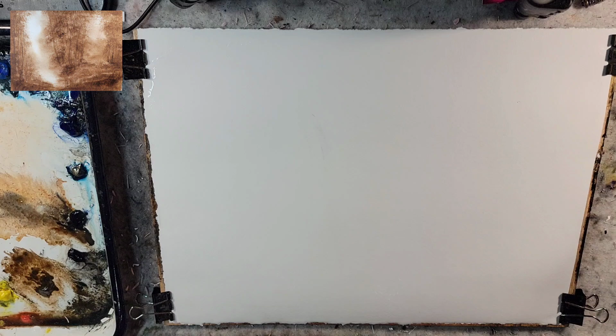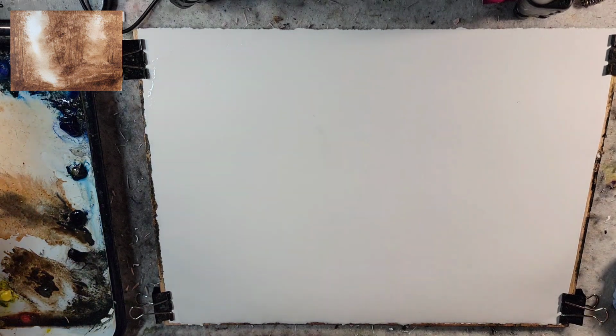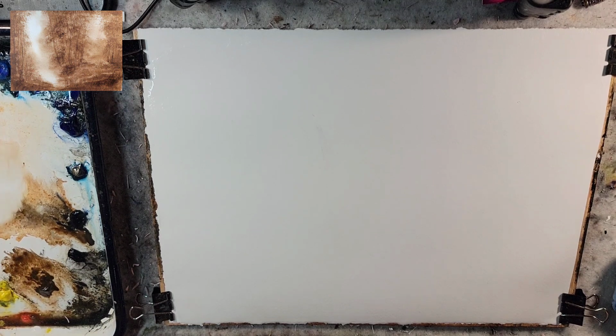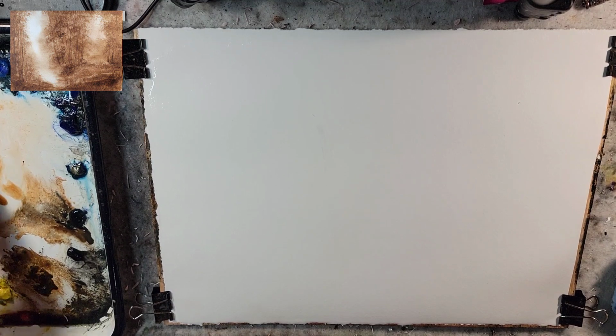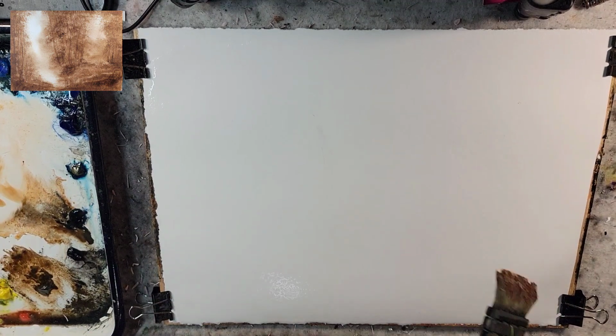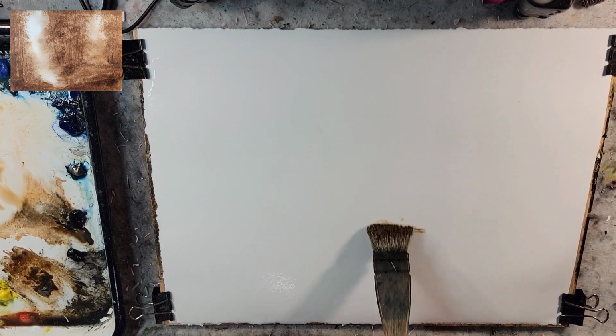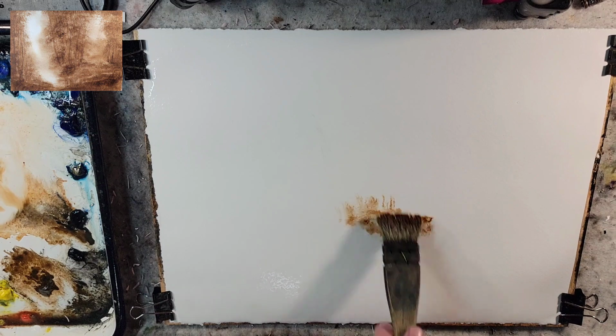I kind of just wanted to dive into painting and essentially make up something as we go along. I'm thinking we'll focus on Burnt Umber, and if I do Burnt Umber, maybe it'll be a Burnt Umber, Raw Umber combination. I'm going to use the wet-on-wet technique back and forth that I play around with,